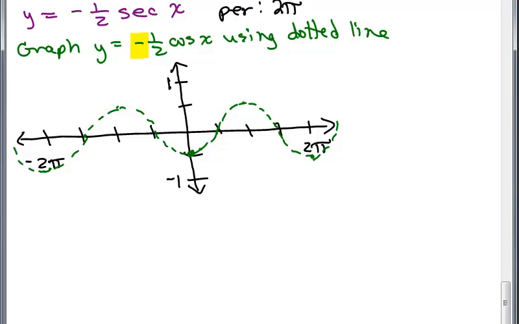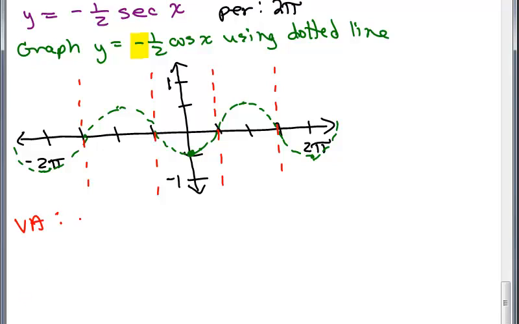So I need to draw vertical asymptotes right here, anywhere it crosses. Etc. So we have to think of at least what one of those is. All right, this is pi over 2, right? Remember how it goes? Pi over 2, pi, 3 pi over 2, 2 pi. So one of the vertical asymptotes is